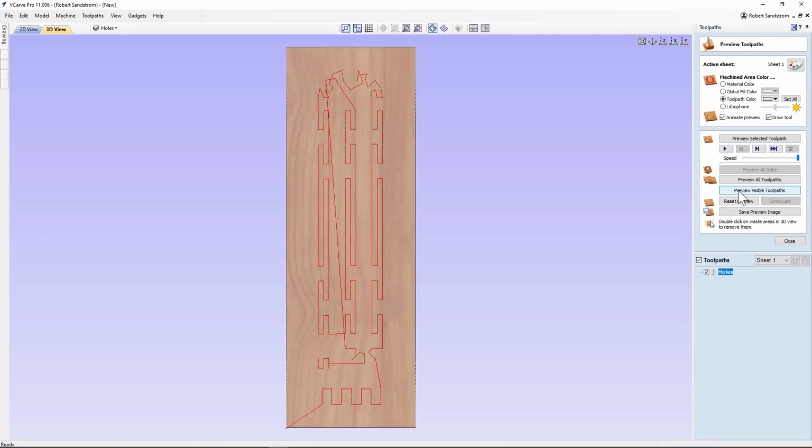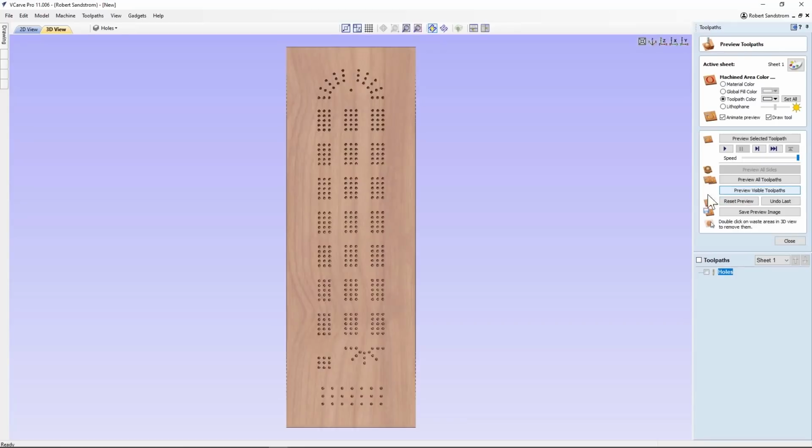Let's preview. And that's what we have. Those are all the holes. So the next tool path that we want to set up